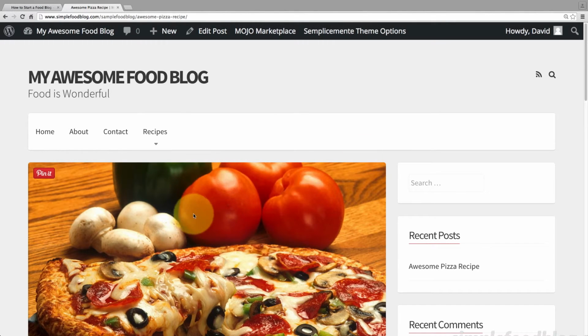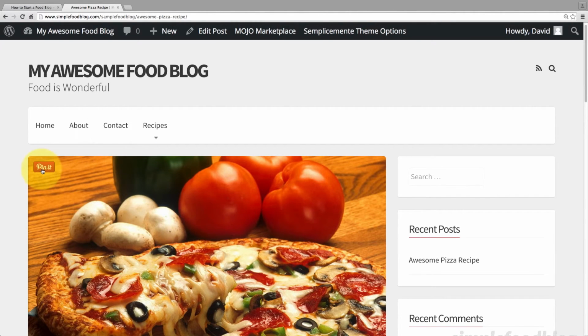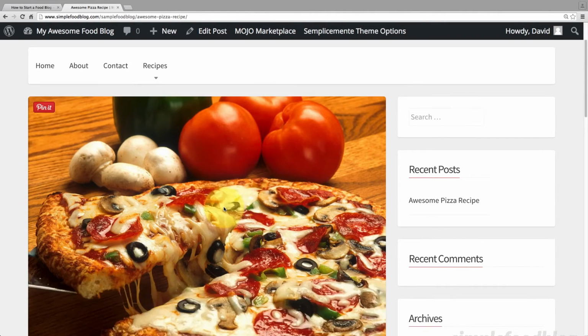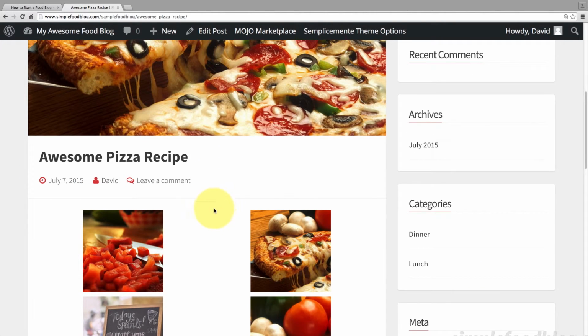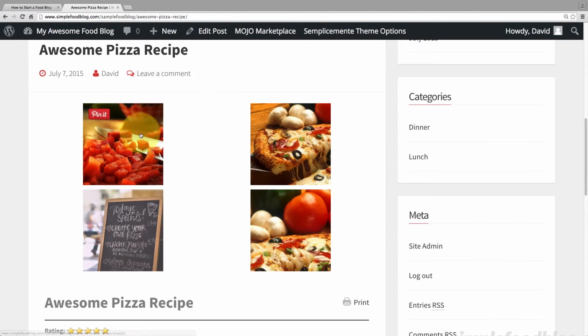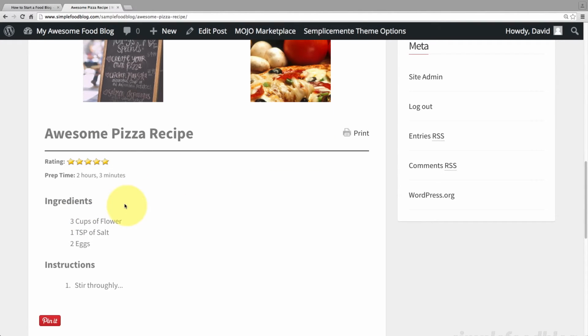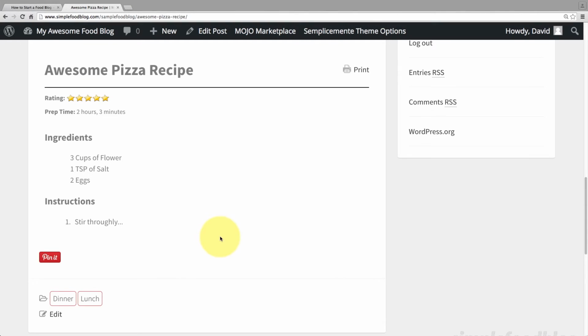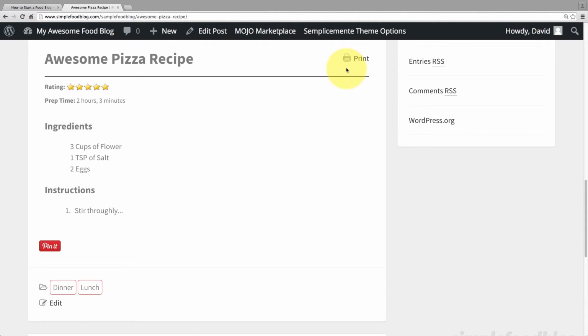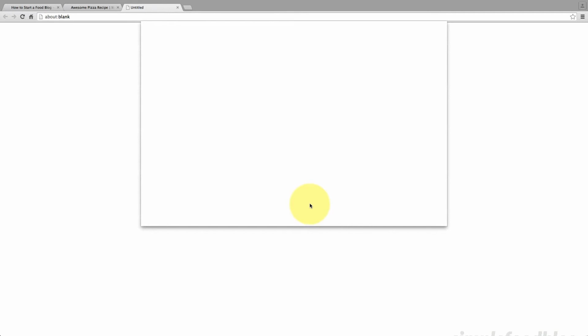And up top here you'll see the large image, and then there's the Pin It button from the plugin that we added earlier. And then the Awesome Pizza recipe title, and the gallery with the Pin It buttons. And here's the rating system. And there's also a print button as well. So you can actually allow your visitors to print out the recipe